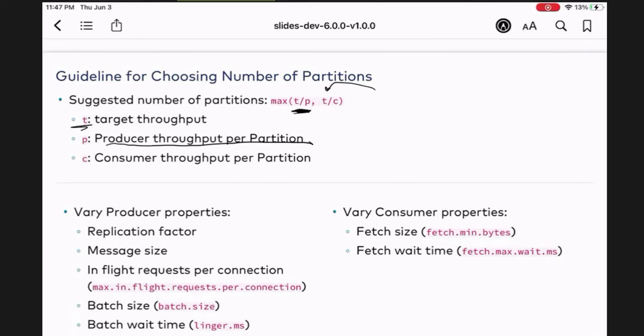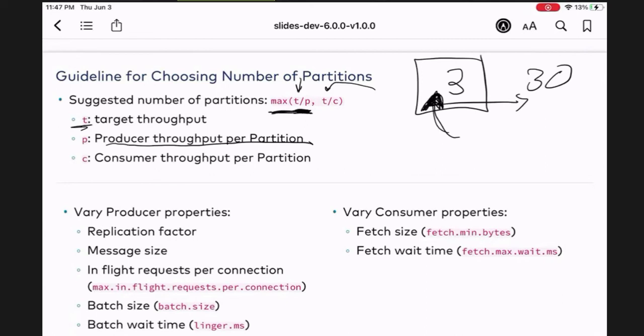You can increase the number of partitions, but you want to be very careful. You can increase it, you cannot decrease it. If I have 3 partitions and I decide to increase to 30, so let's say gang tells everyone in the company, we're going to use 3. Then 1 week later, he says, oh, wait a second. But everyone starts to use 3. They say, well, gang, the Kafka consumers are really slow. And then gang remembers and says, oh no, let's follow this. We'll try to measure the throughput we want divided by the producer throughput, and then we'll come up with a maximum number.